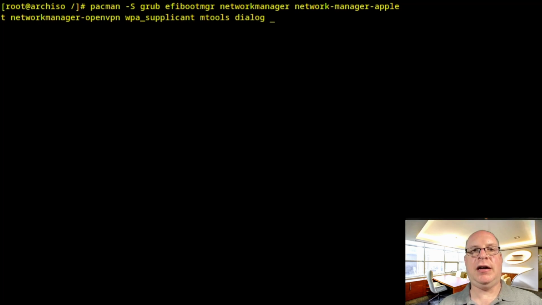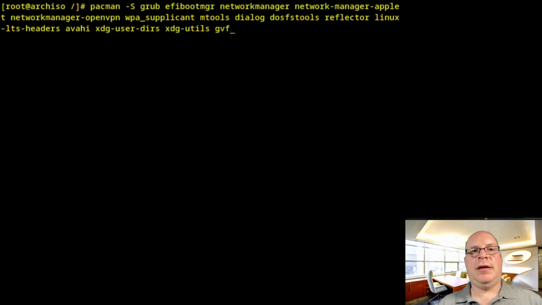mtools, dialog, dosfstools, reflector, linux-lts-headers for compiling one's own kernel modules, avahi for network browsing, xdg-user-dirs for user configurations, xdg-utils, gvfs for virtual file systems, and also gvfs-smb for Samba, nfs-utils, inetutils, dnsutils, bluez, bluez-utils, alsa-utils,